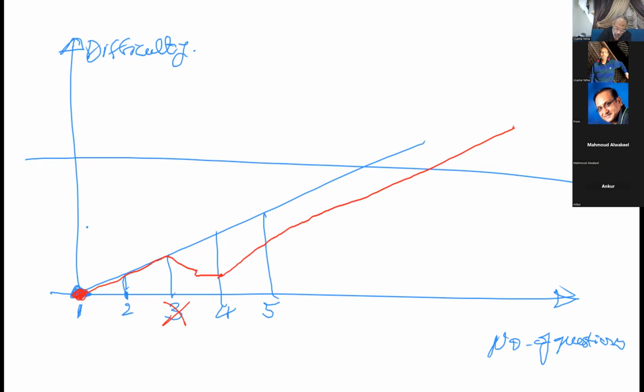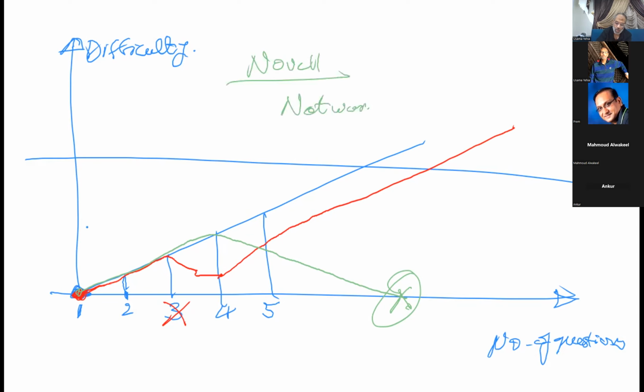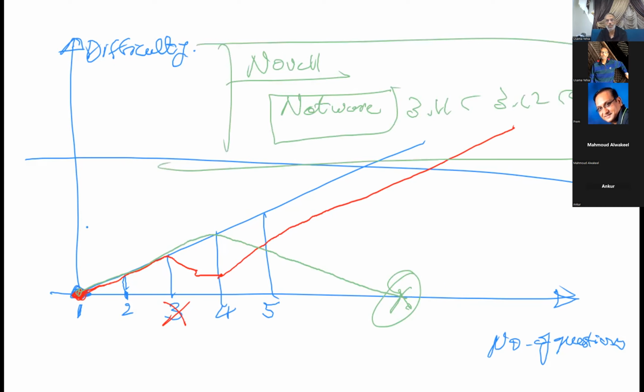But suppose that it moved for the questions like that, when you start to decrease till you reach zero. When you reach zero here, they will terminate the exam for you. I had the same concept with Novell exams. I don't know if you are aware of it. We had a network operating system called NetWare 3.11, 3.12, and 4. We had this concept in the exams.